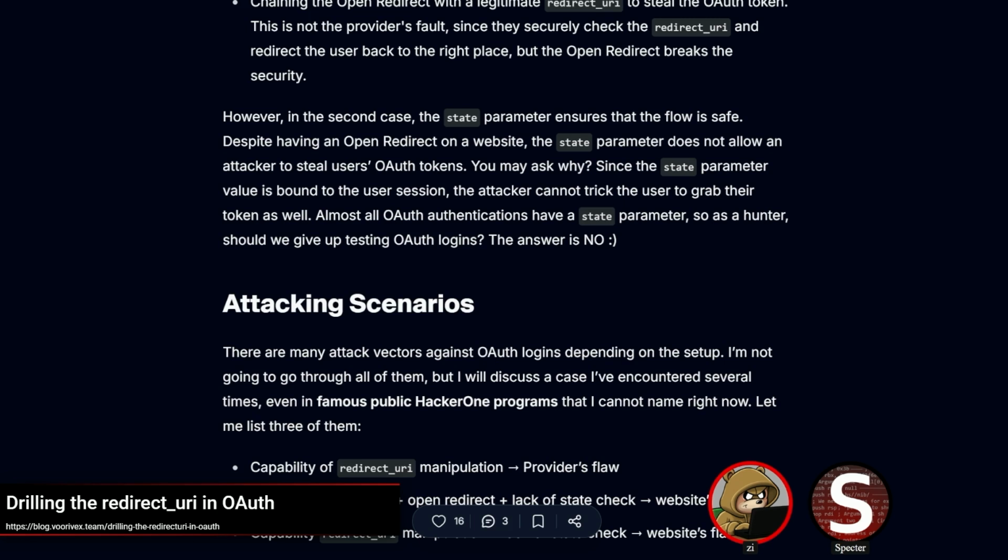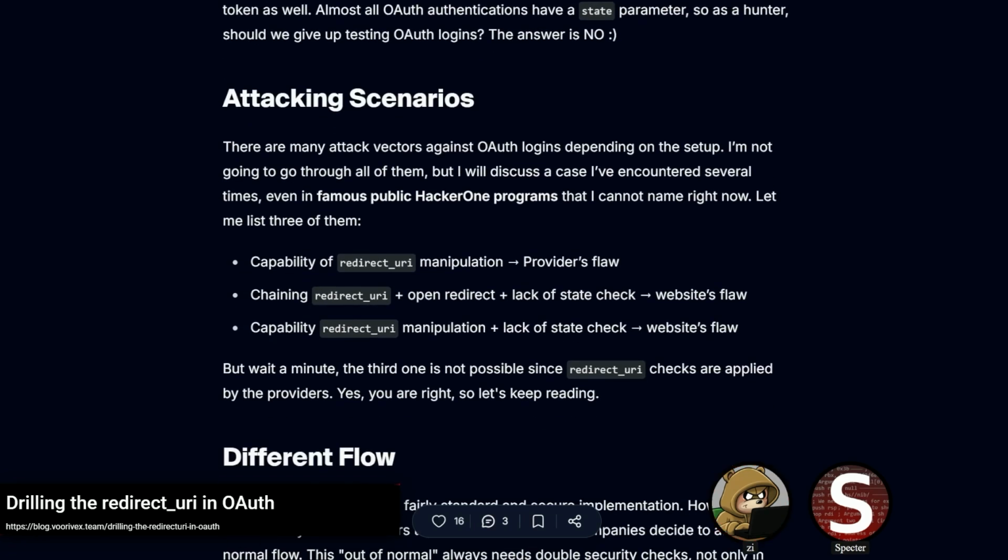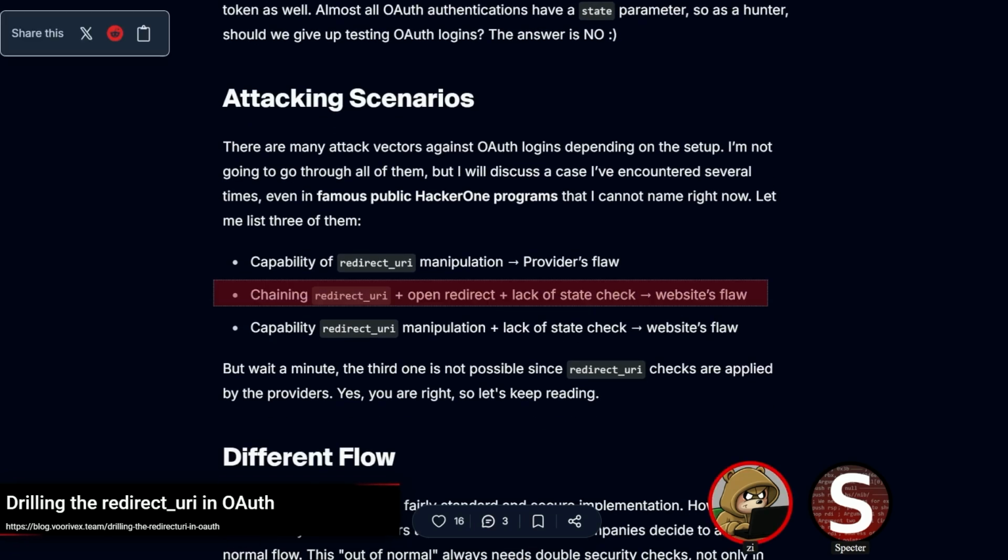And so in terms of actual attacks, most commonly there's something like an open redirect on a valid redirect URI, so that you can try and steal the token. And they call that out here as one of the attacks.